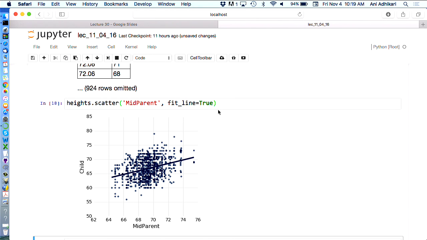So what's the good thing about this? The good thing is you don't have to carry out the regression. It's doing it for you in the background, and it's producing that line. So you can see the line. What's the bad thing about this? You don't know the slope, you don't know the intercept, you don't actually know what your prediction is. So you'll use one or the other depending on what your problem is at hand, what you want to do with it.